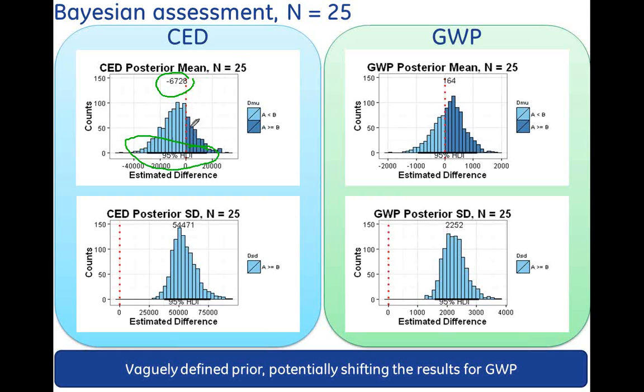Now, in this case, yeah, we went back to the point where it might be a little bit confusing. We may have 40% probability that A will be greater than or equal to B. Or, said differently, the probability is 60% that A is less than B. Whether your stakeholder is comfortable with that or not, it's at least legitimate to talk about when you incorporate error. Same with global warming potential.